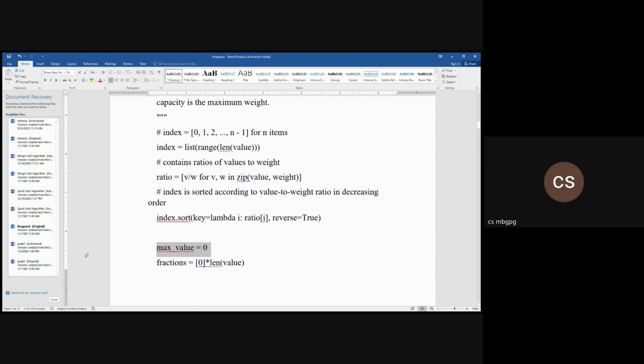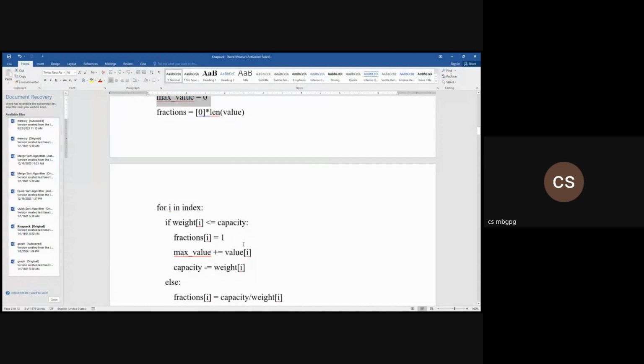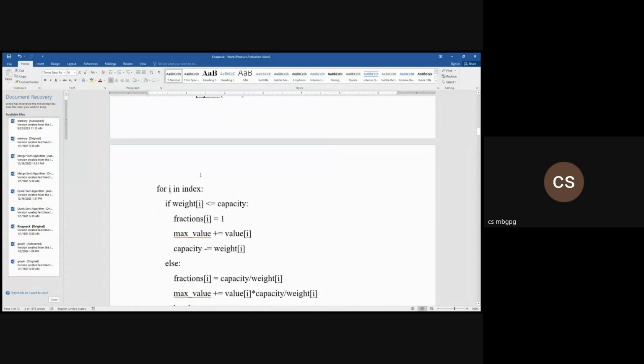And the fractions will be 0 times the length of value. It means if I am taking an item completely, it will be 1, otherwise it will be the fraction. Then in the for loop, I am checking the condition: if the weight of